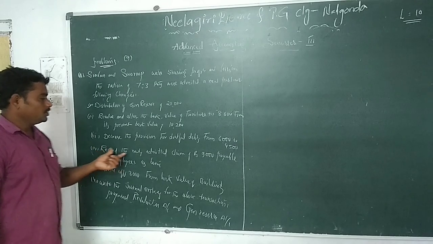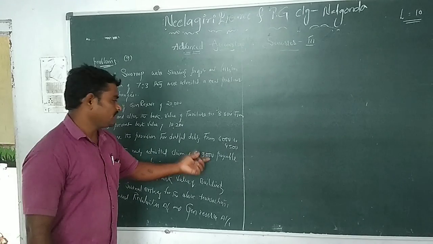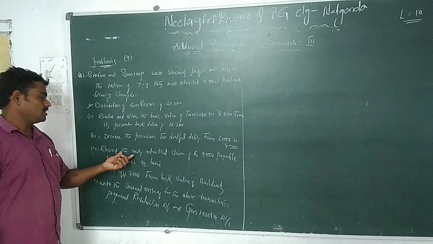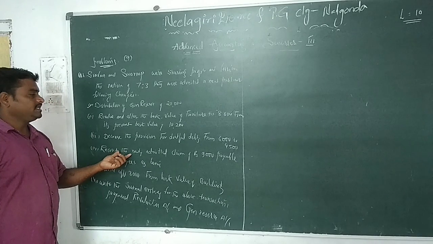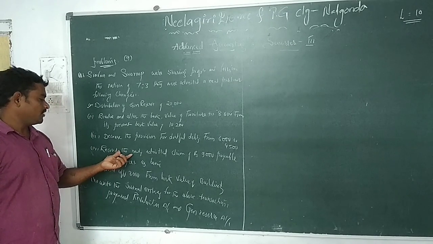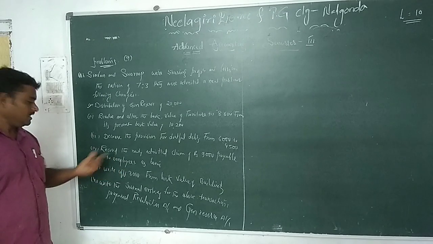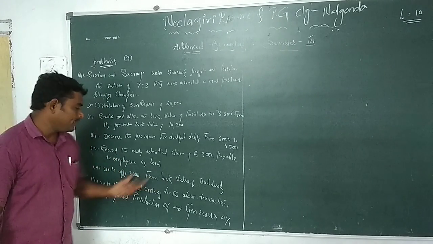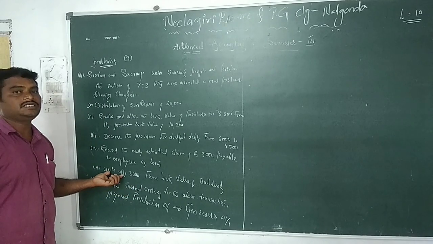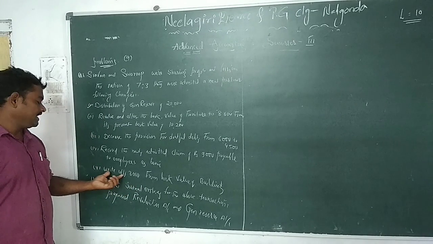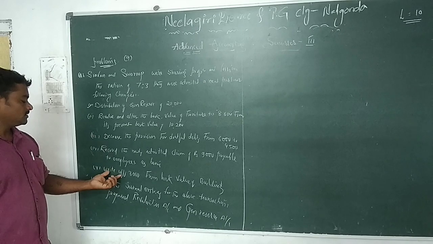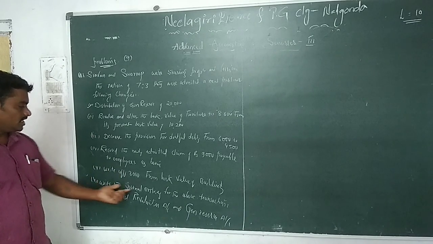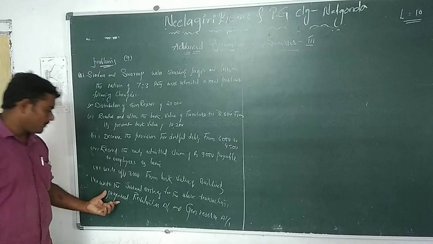Record the newly admitted claim of 9,000 payable to the employees as bonus. It is also an expenditure. The entry is revaluation account to employee bonus account. Write off 3,000 from the book value of the building. Written off means a decrease, depreciation of the building. What is the journal entry of these? Revaluation account to building account. Write the journal entries for the above transactions.